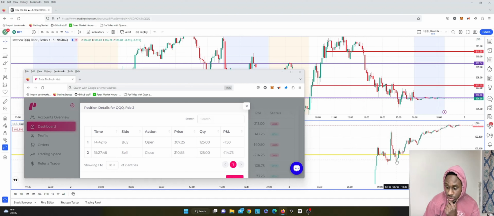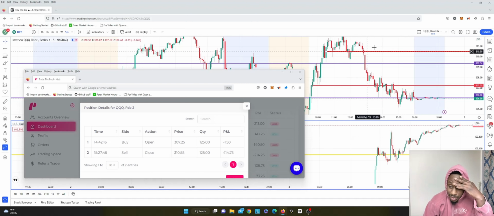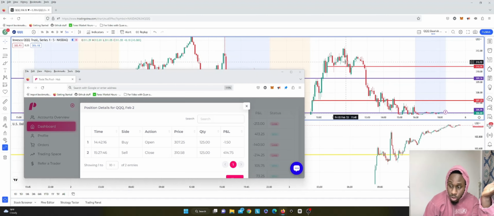So when I sold it, let me see. Yes, so around here, I'm thinking it's going to reverse off the support level and not break lower. So I decided, okay, let me take the profits around here. I'm probably in one of the highest candles for the day, which I was.